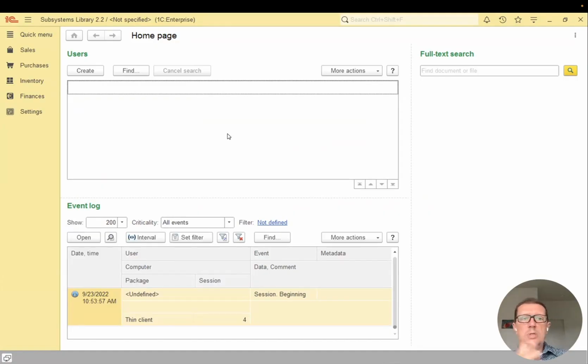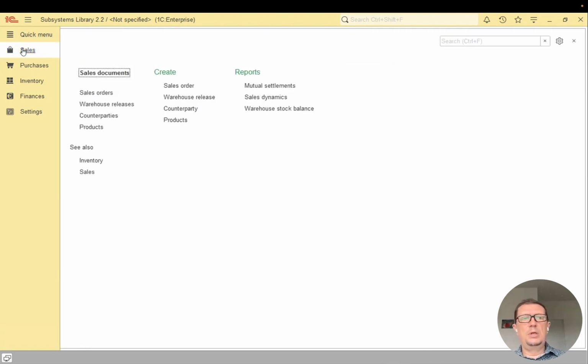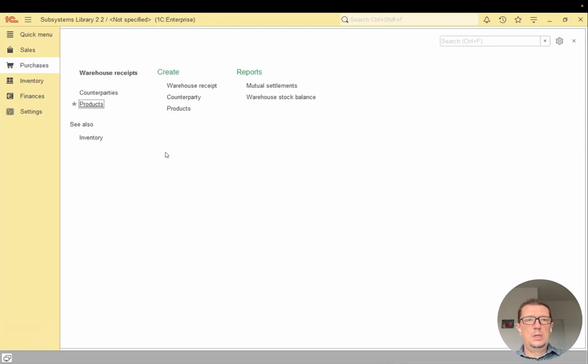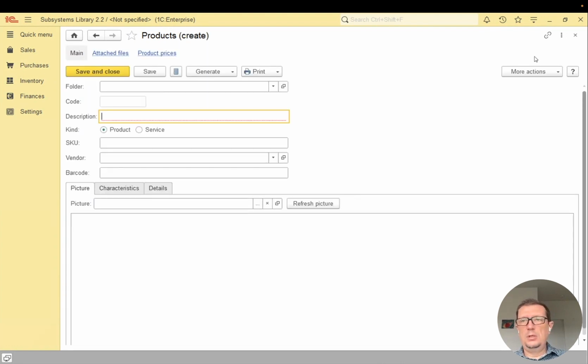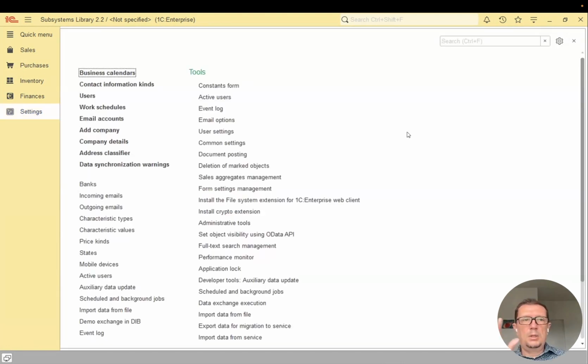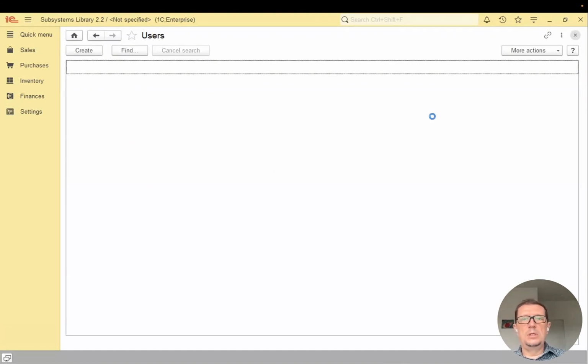And of course, almost all subsystems have their own user interface. So you can use the forms that are built in. And I just ran this application, which contains only the subsystem library and nothing else. And as you can see, there are a lot of forms and the functionality is already here and you can just start using it. And this was the CF file that I uploaded into my application. This is why the data is empty. There is no data, there are no users and so on. All these lists are empty.